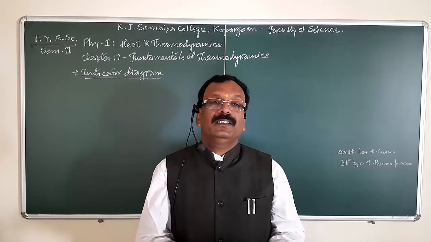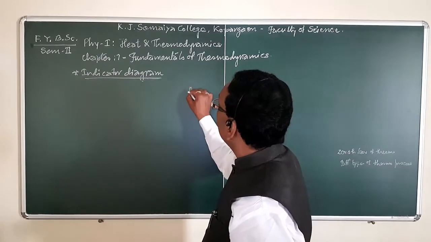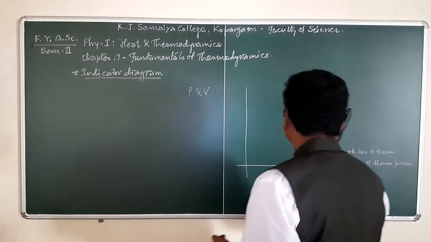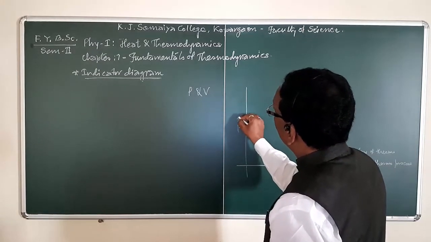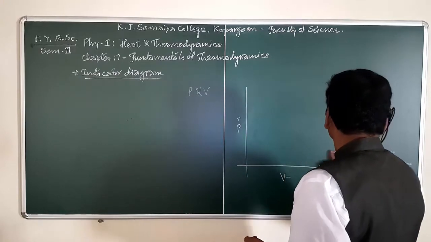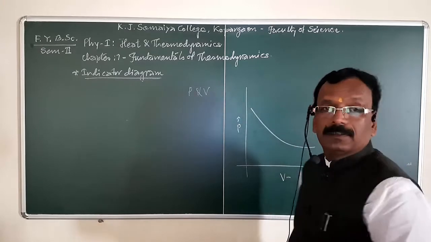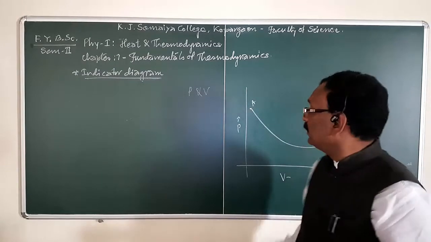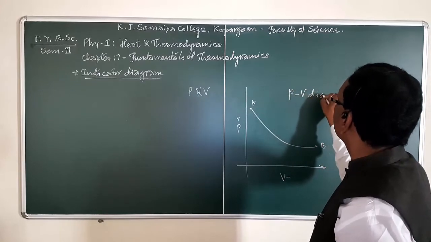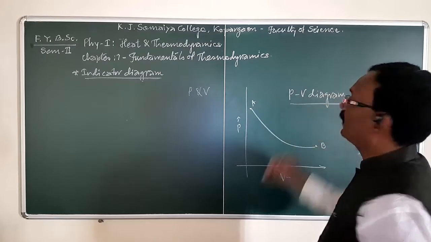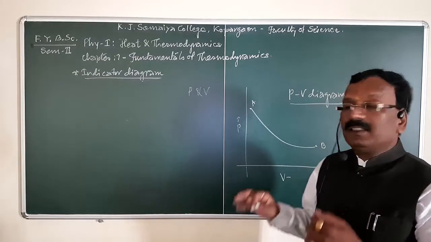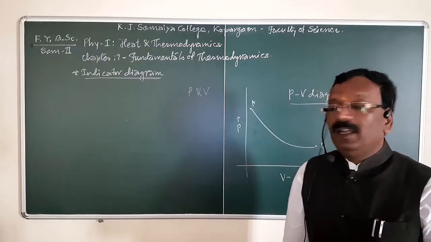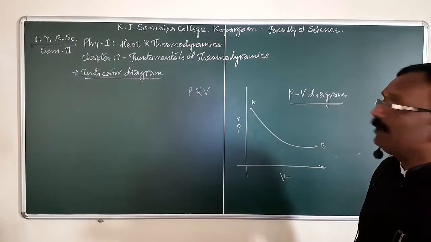Now, in case the thermodynamic variables are P and V, the graph between P and V, that is when we consider pressure on y axis and volume on x axis, then the graphical representation of the state, initial state to final state of the system, this is nothing but simply PV diagram, which graphically represents the state of a system with two variables, pressure and volume, and hence this indicator diagram is sometimes called PV diagram.